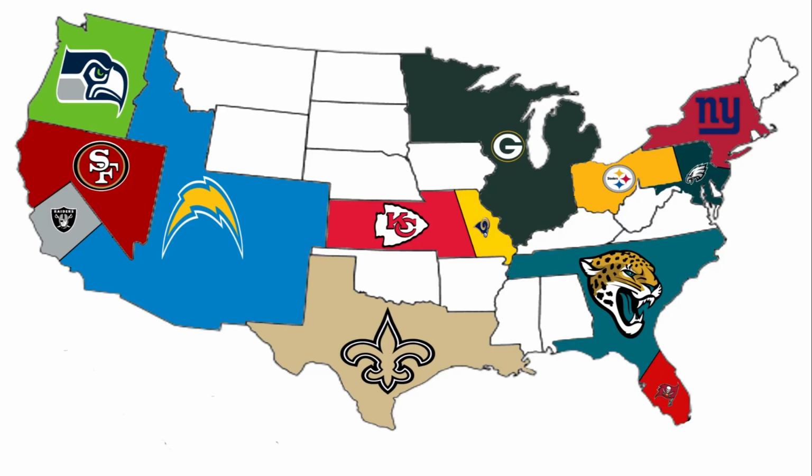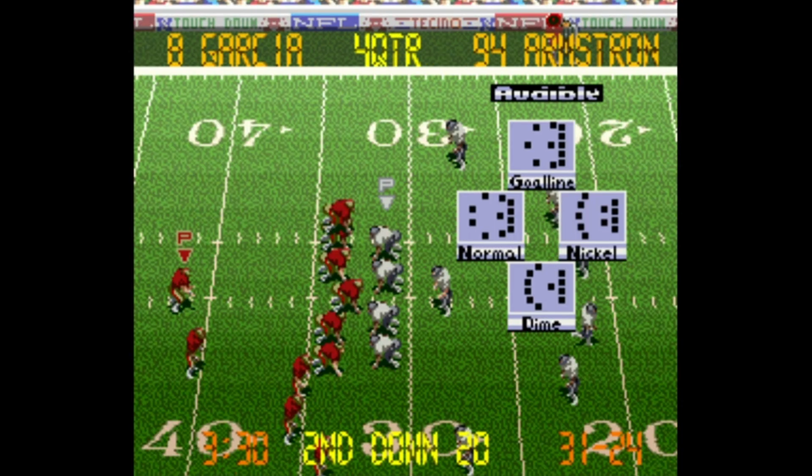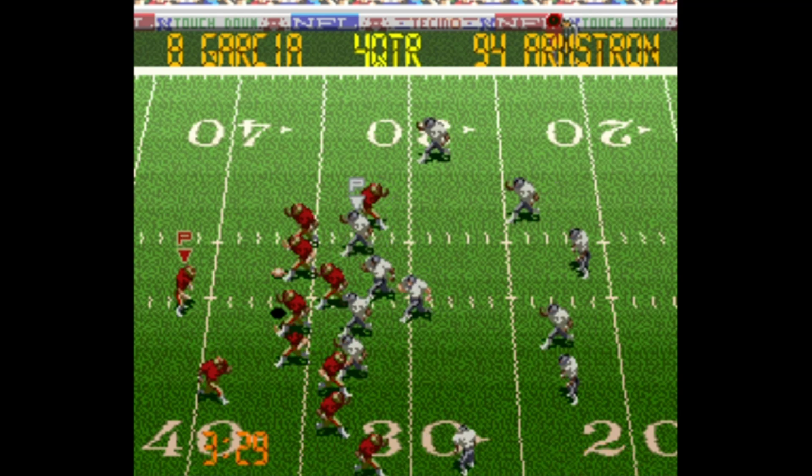Now, the Raiders are our number 2 ranked team and went to the Super Bowl this season, but they also played a game in San Francisco during the regular season and lost. Let's see how this game turns out. Lots of offensive fireworks, but the Niners have control here, leading 31-24 in the fourth quarter.